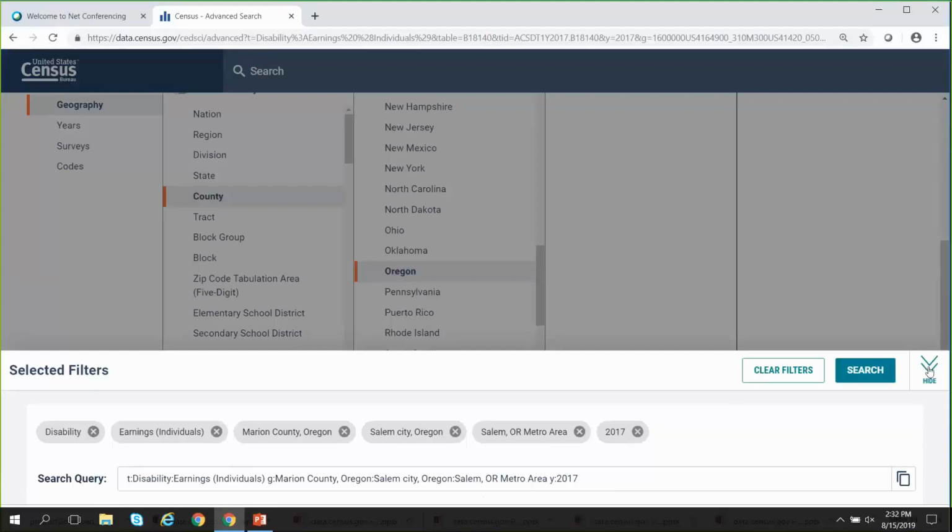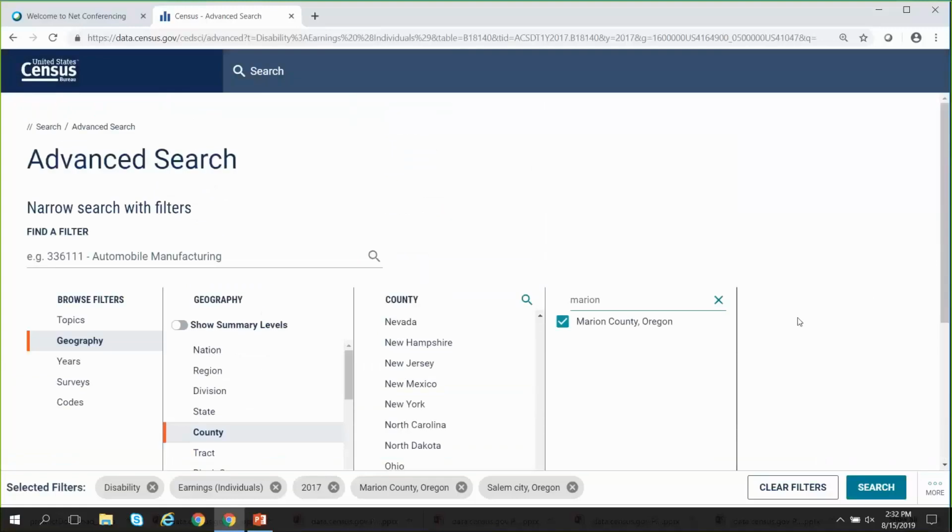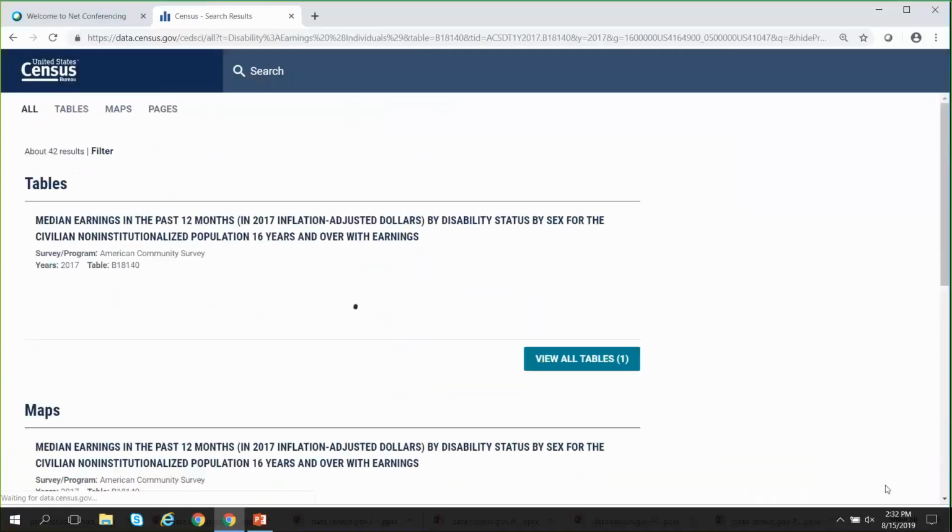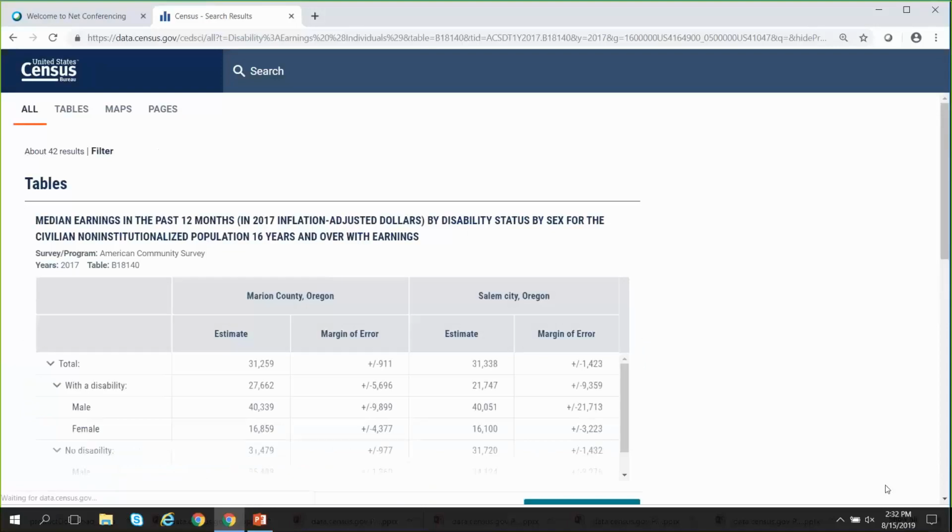So I'm going to click that down. If you'd like to take something out, you're welcome to. Take the metro out, and that's how you can kind of manipulate things from there. So I'm going to hide that. And then I'm going to click my search button. And then from here, the